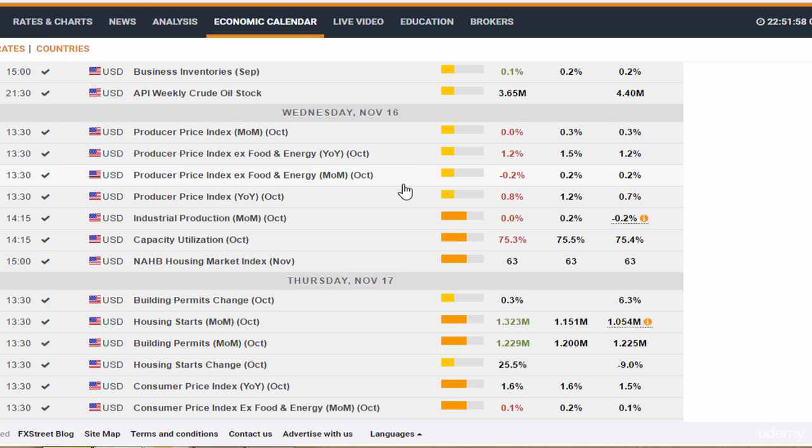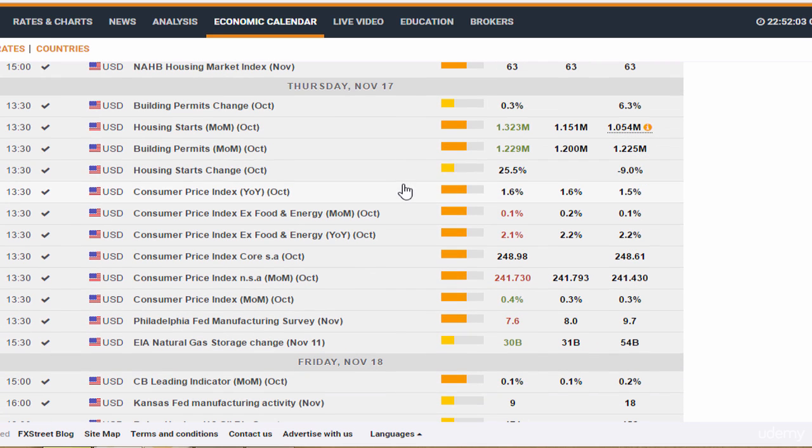Now let's look at the CPI data, which in this case comes out the next day. We can see CPI data worse than expected. We were projecting 2.2, we got 2.1. But what's also important is the fact that previously we had 2.2 for the previous month, and now we have a decrease to 2.1. So this is bad for the CPI. Also here, we missed estimate. They were projecting 0.2 and we got 0.1. So this is bad, but this is worse because we got worse than the previous month.